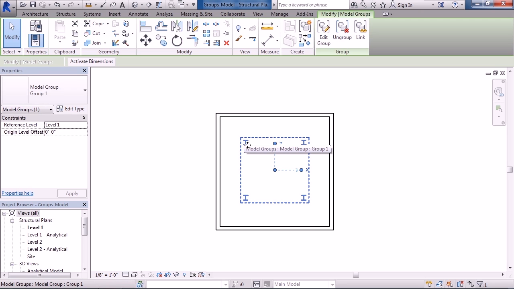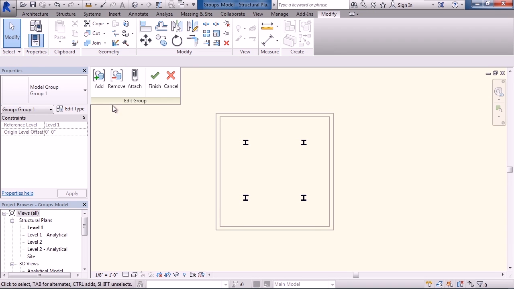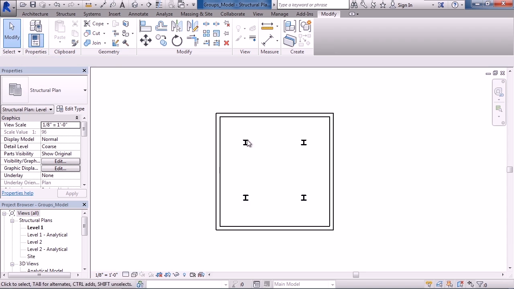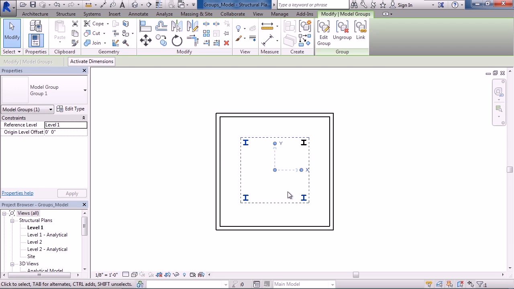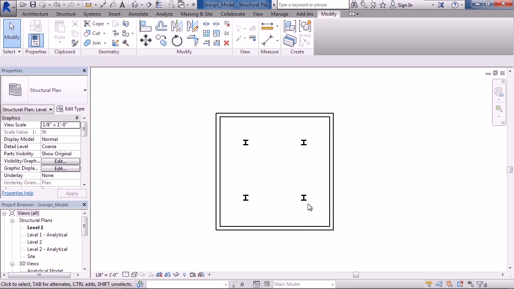Now, if you want to ungroup something, let's say you want to take it apart or break it all down to its individual pieces. Well, if you edit the group again, once you select it, and on the ribbon on the right, if you click Edit Group, you're back and you can click Remove, for example. And then if I choose one of the columns, I can remove it from the group. And then I can click Finish. Select the remaining elements in the group. You see the 3 highlight. And if you want to totally ungroup everything, you can choose Ungroup from the ribbon. This will break all of those down individually, so now the group no longer exists, and they're all 4 individual